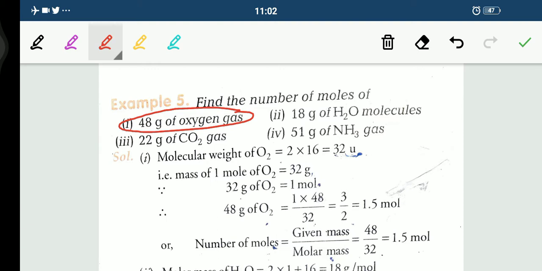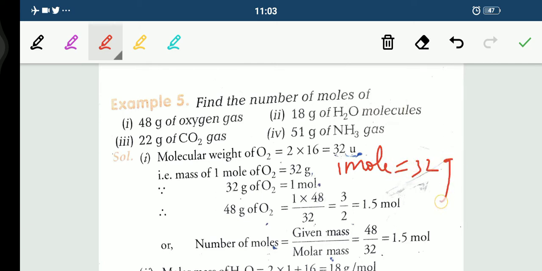So you can see here, first of all I need to know the molecular mass of the oxygen. It is gas, so we will be using O2 here. Oxygen's atomic mass is 16, and as 2 atoms are associated with it, 2 16s are 32. So 1 mole is equal to 32 gram of oxygen, in the case of oxygen we are dealing with.